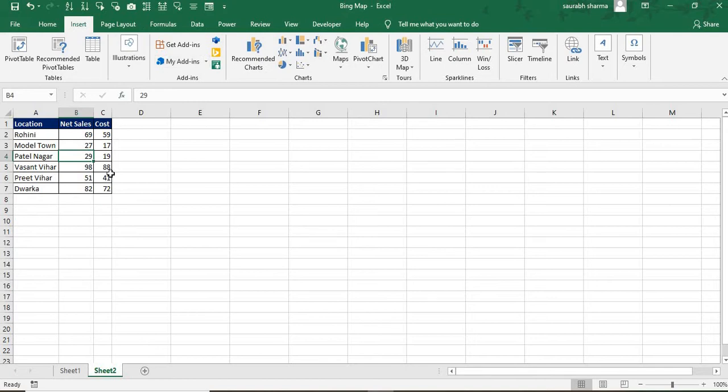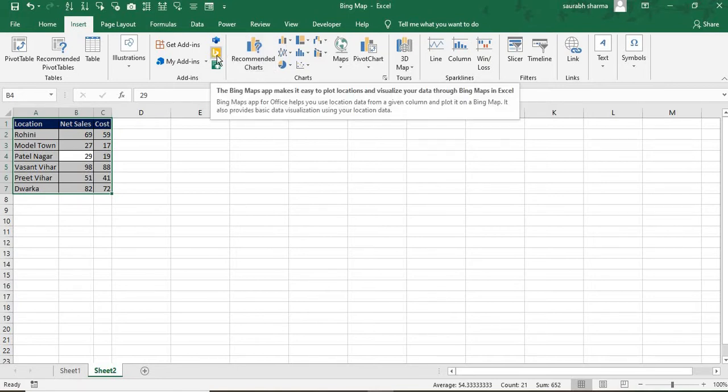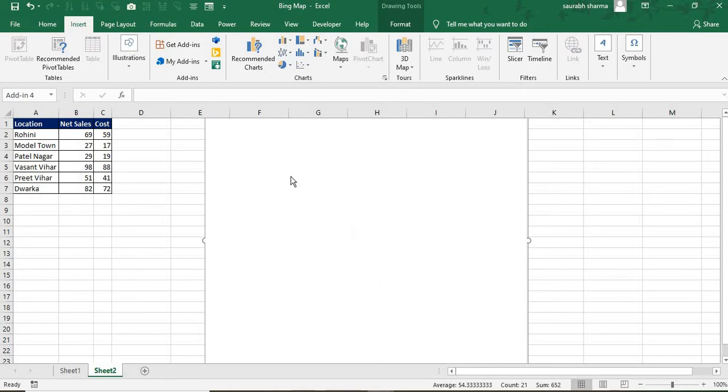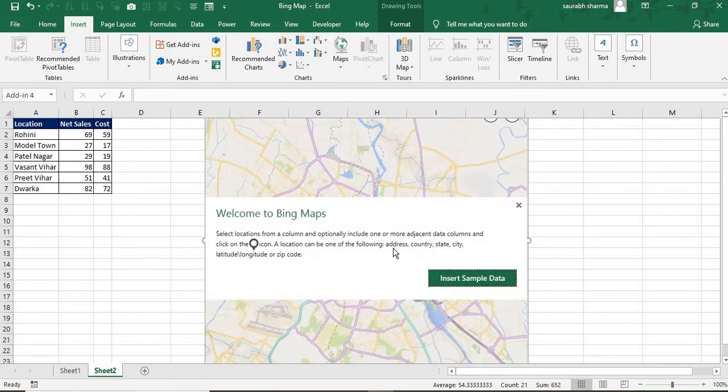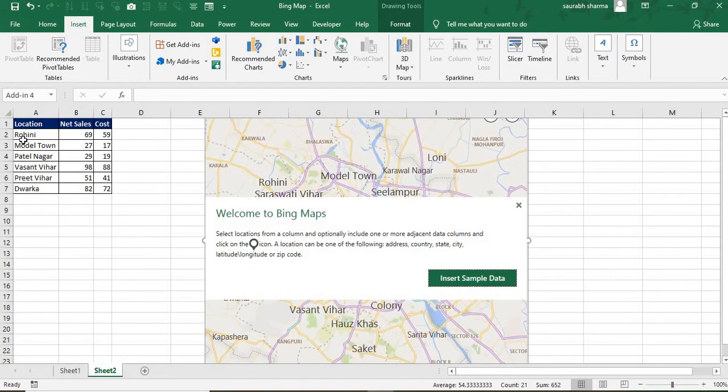Now, how to create the Bing Map? You need to select the data first, then go to the Insert tab. In the Insert tab, see here, Bing Maps is available. Bing Maps is an add-ins feature, that's the reason it appears in the add-ins. You need to click on Add-ins. Now see here, automatically one pop-up will come up and automatically show